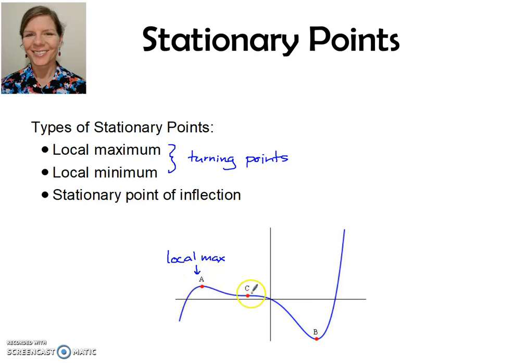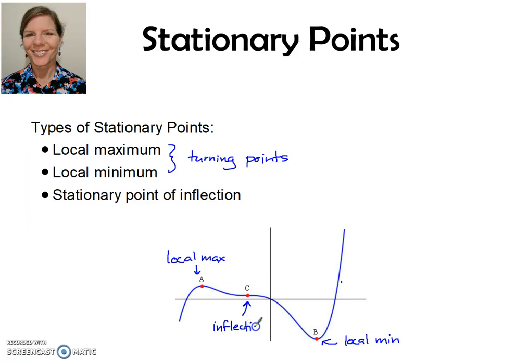It's obviously not the maximum value of the function, because we can see the function continues on up this way somewhere, and it might continue indefinitely up here. Right, so it's not the overall maximum, but it is a local maximum. This here is a local minimum. Okay, so those are both turning points where the gradient changes, and the point of inflection is C,